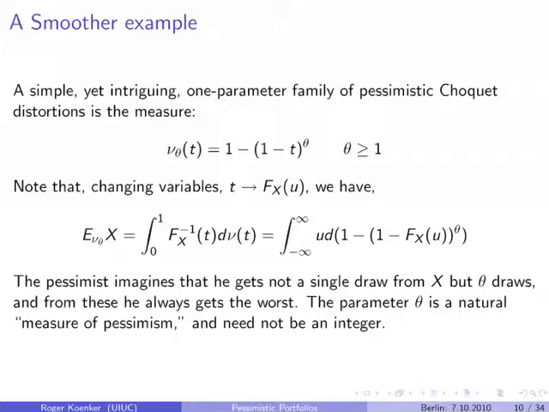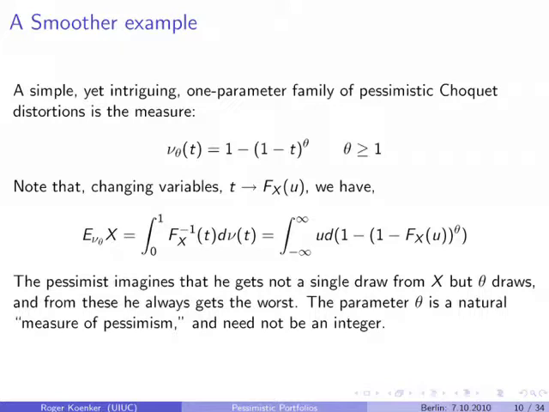And now I've already sort of dispensed with the utility formulation, and I've changed variables from t to u, I guess. And then if you look at this thing and you think about it for a while, it takes a bit of thinking maybe. This integral with respect to 1 minus F of x, u to the theta, has the following